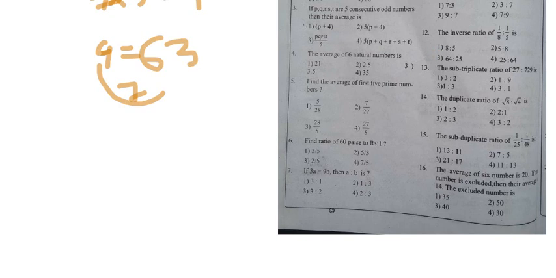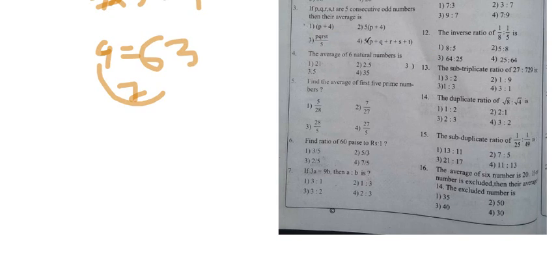But here, I think they gave the fifth option wrong. Sorry, this is not whole divided by 5. All the options here are wrong. The option number 5, you can assume that the fifth option is P plus Q plus R plus S plus T by 5. That is your answer.